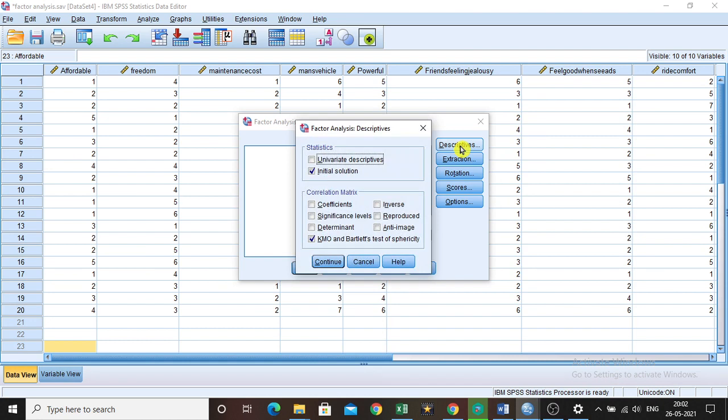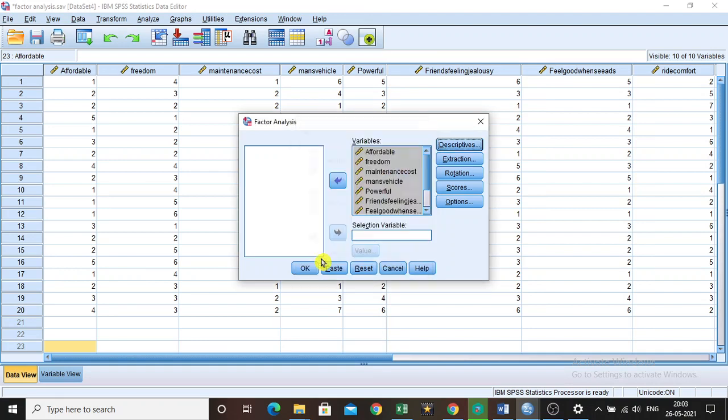Descriptives refers to the initial solution and KMO and Bartlett's test of sphericity. So first you have to tick this initial solution checkbox if it is not ticked, and under correlation matrix you have to tick KMO and Bartlett's test of sphericity. If it is not ticked, you have to tick it, then click continue.